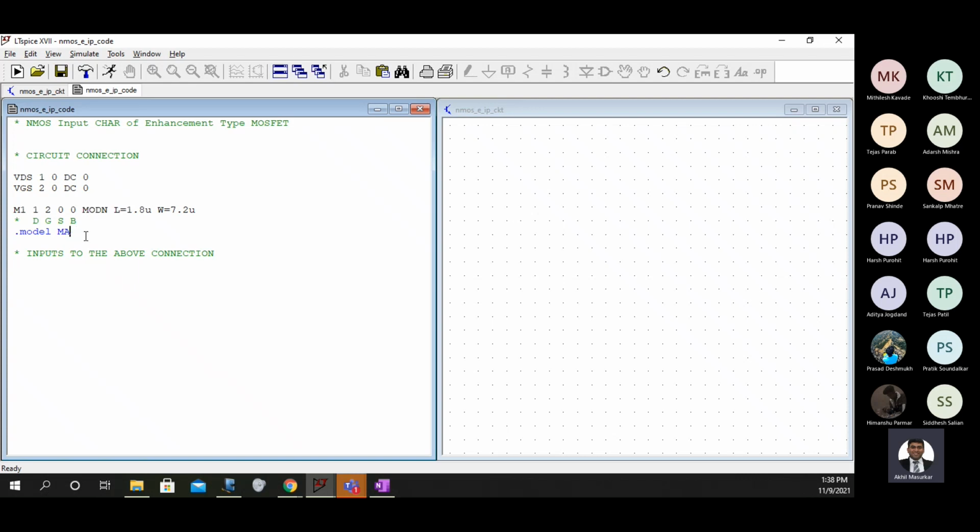Mod n is NMOS, and its threshold voltage VTO is equal to 0.5 volts. So first you write this, and just keep on saving this. So this is basically your circuit connection, or we'll say circuit description.